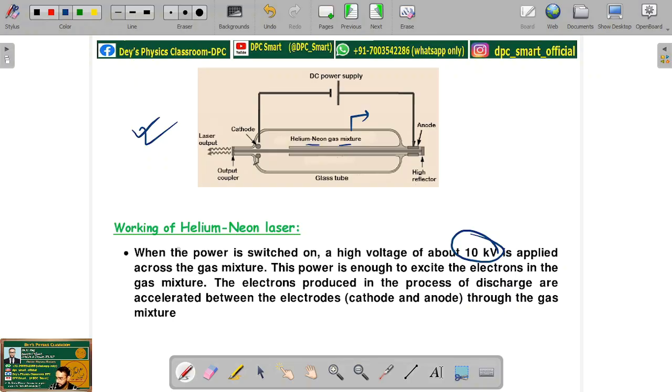Now, working of the helium-neon laser. When the power is on, a high voltage of 10 kilovolt is applied within the gas mixture. This power is enough to excite the electrons in the gas mixture. So electrons are produced by the process of electrical discharge within that tube, and they are accelerated between cathodes and